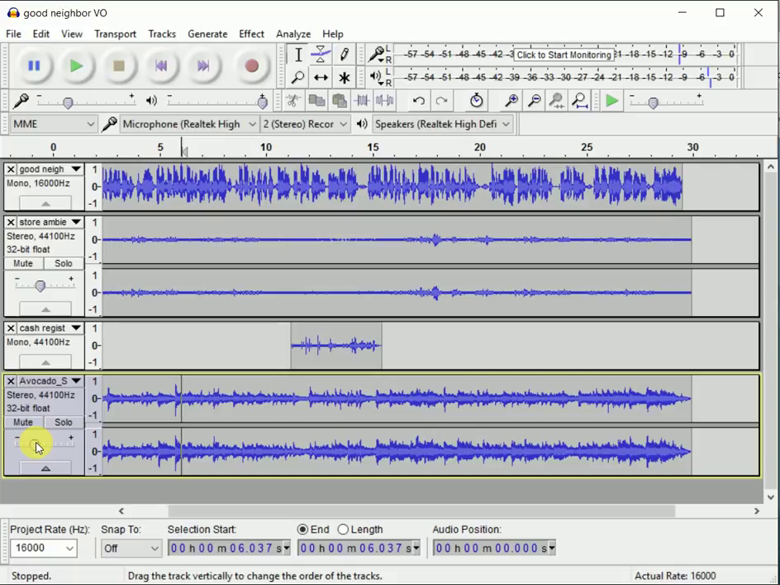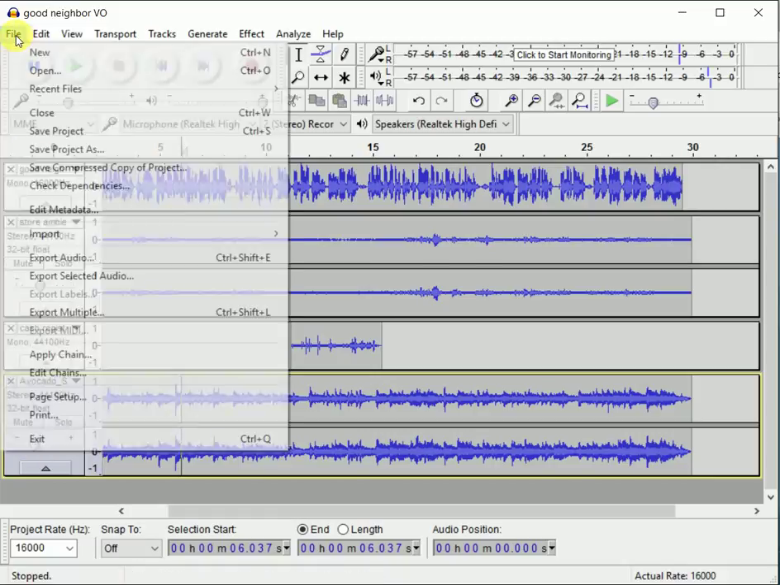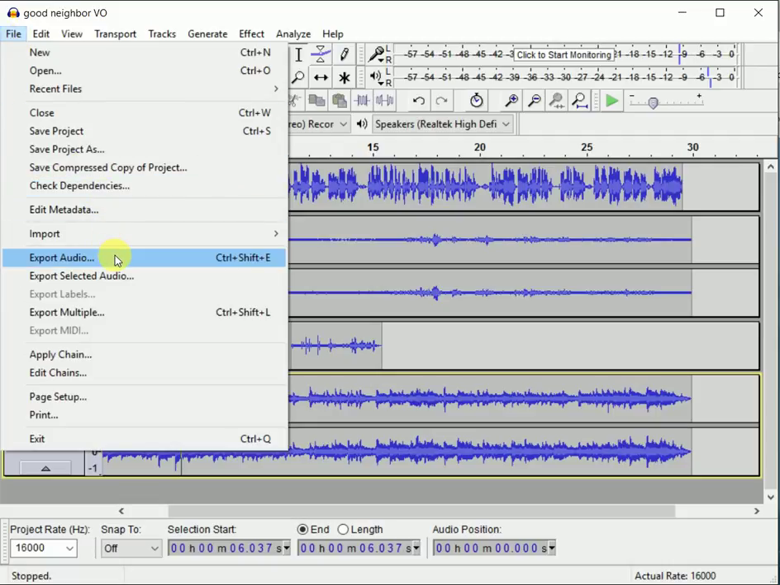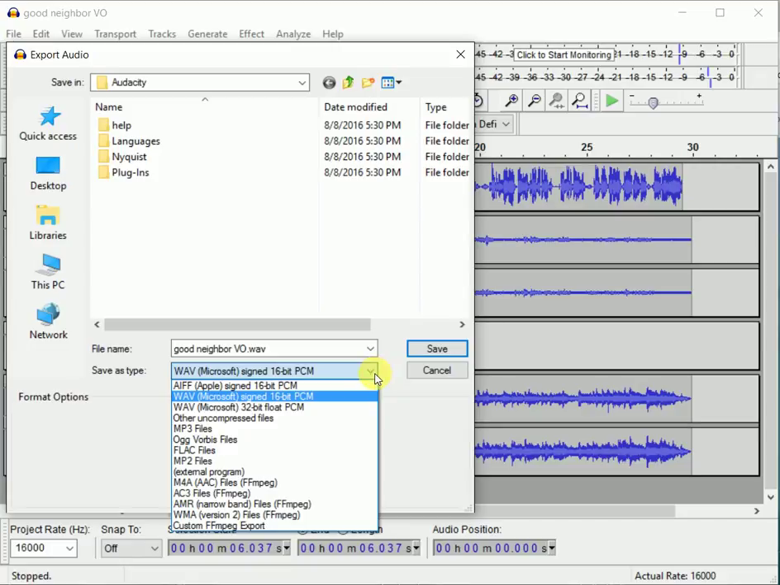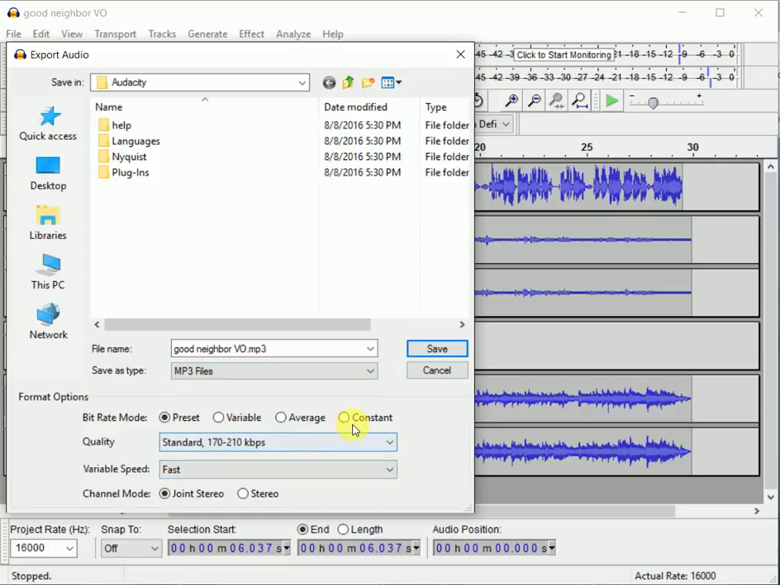So as you can see, the actual level ended up being -12 here. But that gives us a nice mix with the sound. So now all we have to do is just file, export audio. We're going to export it as an MP3 file. We're going to go to our options, and it's going to be preset. We're going to change this to, we're going to go to